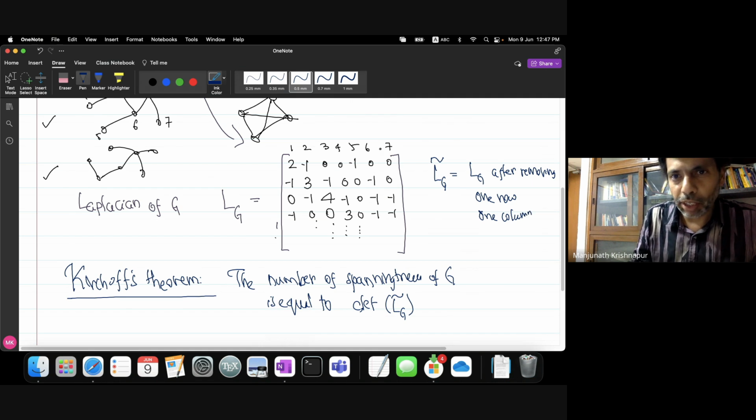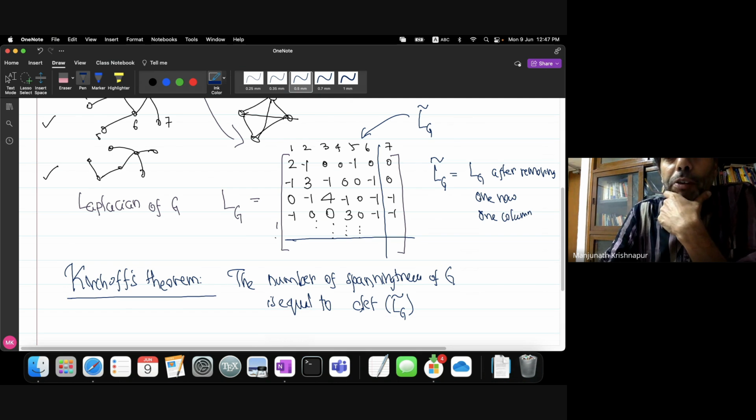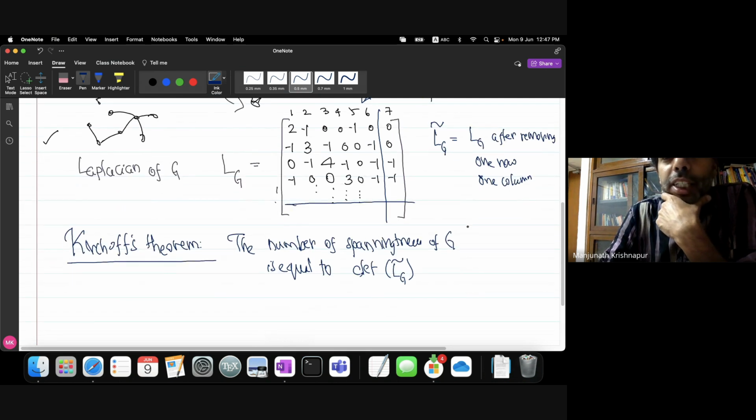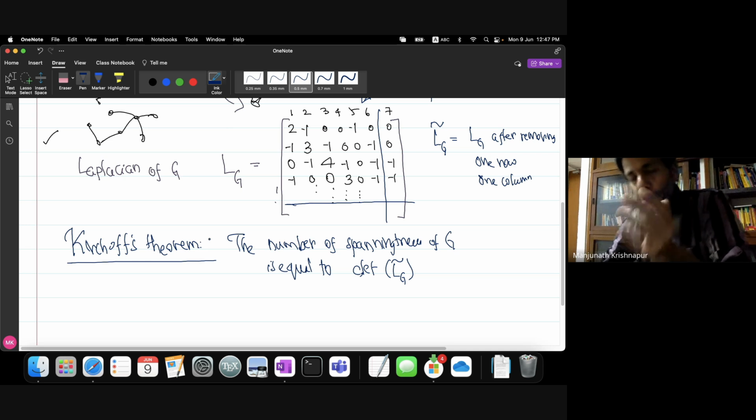For example, you can remove the last row and last column and take this as LG tilde. Now, it's a fact that it will not matter which row and which column I remove. So that's a good exercise in linear algebra. Why it shouldn't matter? The determinant will give me the same answer. Whichever row and whichever column you remove, you get the same determinant. And Kirchhoff's theorem tells you that this determinant is actually the number of spanning trees, which is remarkable because